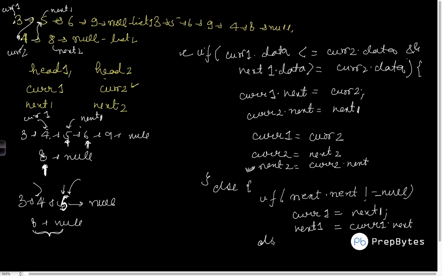If this is not the situation, else what we will do is that we will simply put, this was my next one, next one dot next is equal to cur2. So basically this is the situation. If this is my next one, and in this case since there is nothing after next one, it's null, I'll simply put next one dot next equal to this particular thing. So if there would have been more list after this, 8, 10 or something like that, it would have simply gone here. If that would not have been the case, this 5 will become my cur1 and this 6 will become my next one.